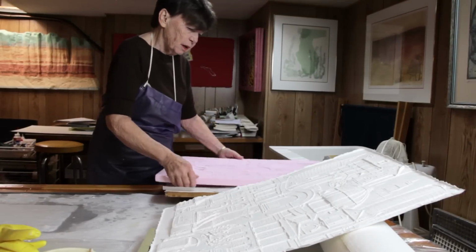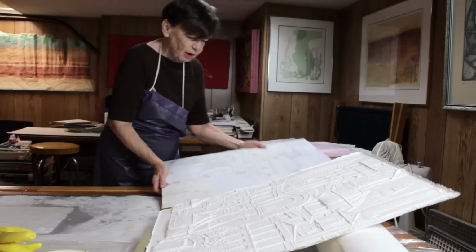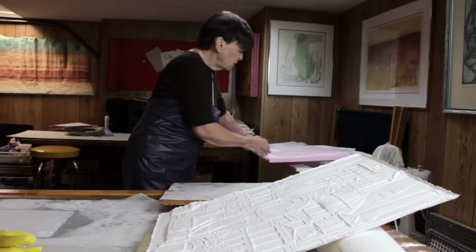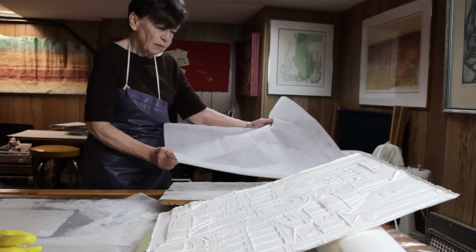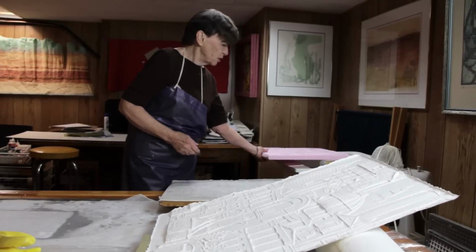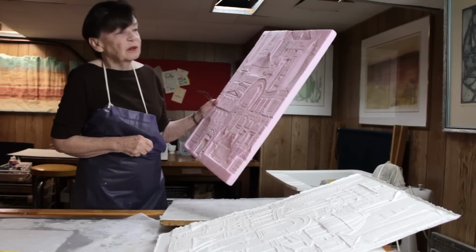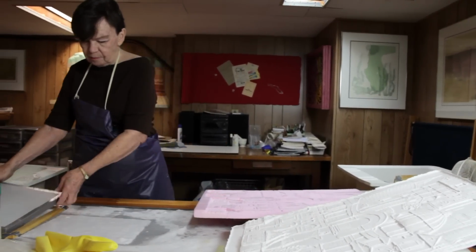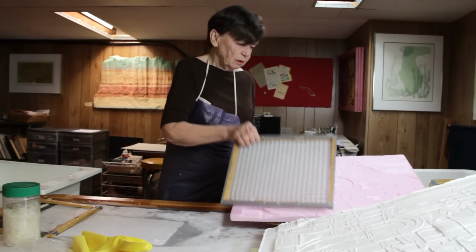I started out by doing a drawing, or many drawings, which I taped together like this. And then because of the way this is made, it has to be reversed. So I traced the picture and then reversed this onto this board and drew it on here, which I then cut out with an X-Acto blade. And I take my pulp and put it on here, turn it over onto here, and keep